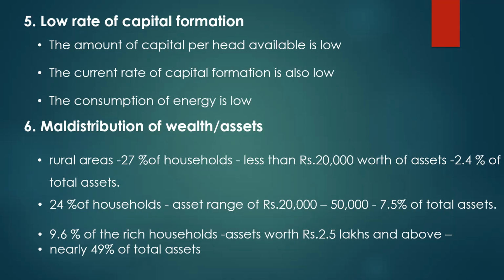According to the RBI survey of assets of rural and urban households for a specific period, there exist sharp inequalities in asset distribution. In rural areas, 27% of households owning less than 20,000 rupees worth of assets accounted for 2.4% of total assets. Similarly, about 24% of the households having assets in the range of 20,000 to 50,000 owned barely 7.5% of total assets. This implies that nearly 51% of the bottom households owned just 10% of the total assets,